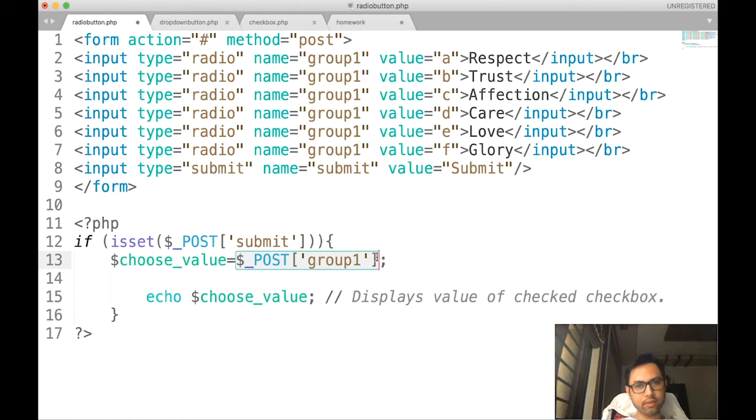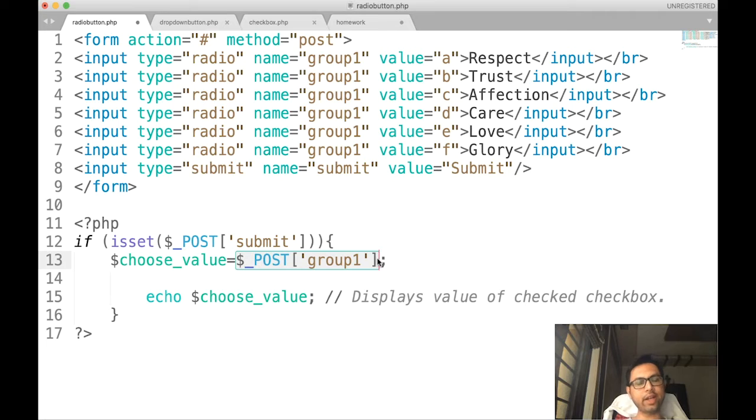What we are going to do here is simple. Whatever the variable group 1 consists of is going to be fetched using the superglobal variable $_POST. If this is true, then some value must be there, and that has been fetched here.